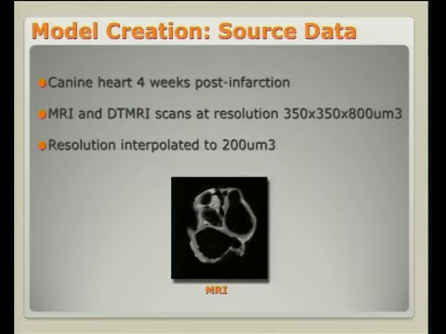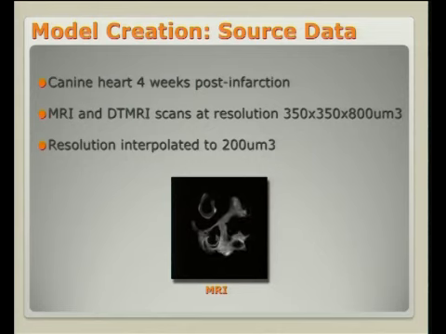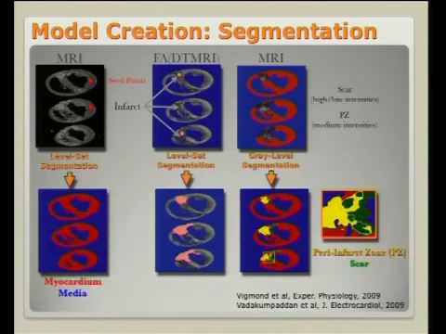So here is how we created our image-based model. In this particular case, it was a canine heart, which was 4 weeks post-MI, and it was scanned MRI, DT MRI at this resolution, and then it was interpolated. If you were watching this movie, you would see as it goes through, the region of the infarct appears in white. And what we did after that